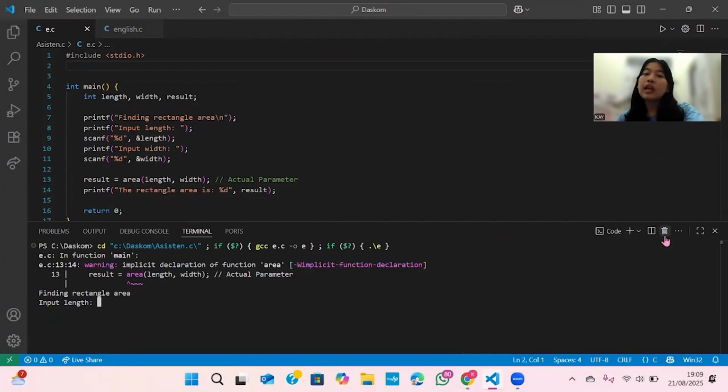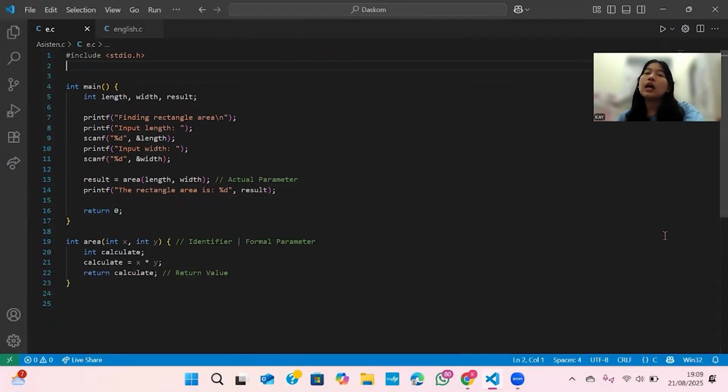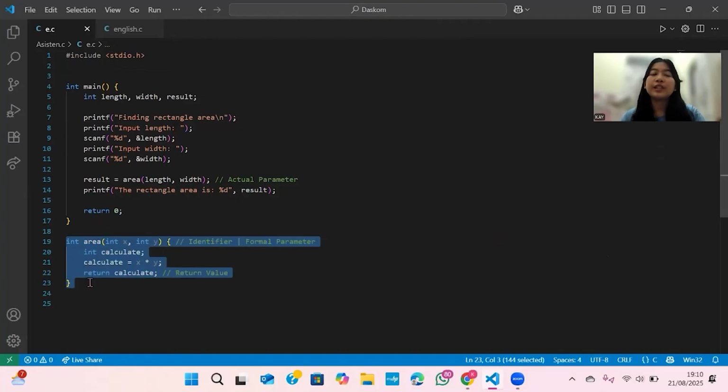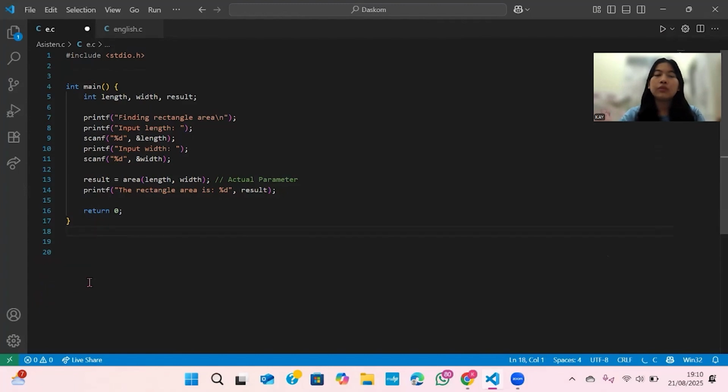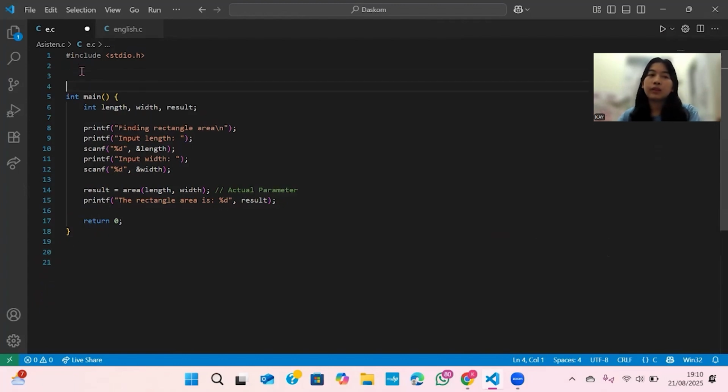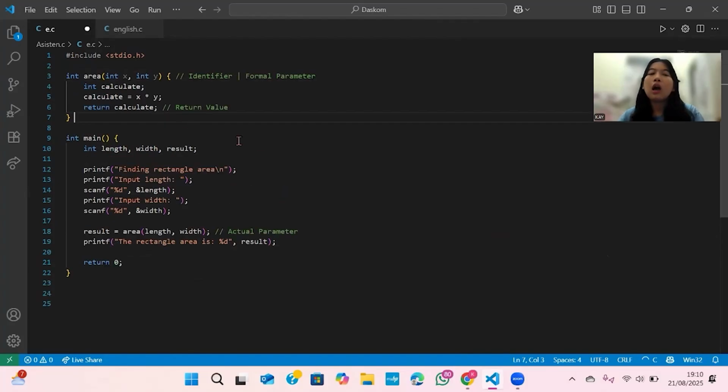Okay. If you do not want to use a prototype, we can move the function definition to the top. We can move this here.